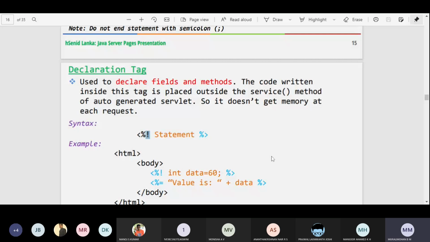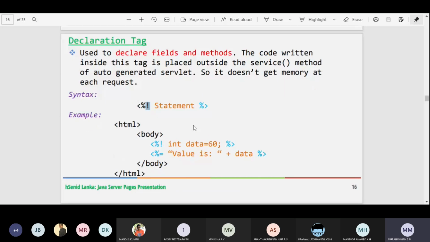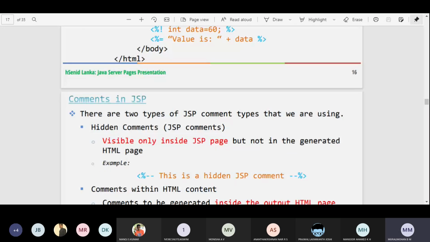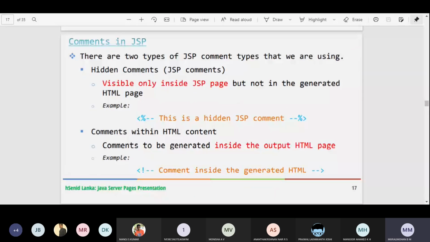Next, as I told, we are having totally 5 types of tags. Next is the comment tag. Okay, so the comment tag, you just observe here. So this is the comment tag we are having. Again, we are having 2 types of comment tags.